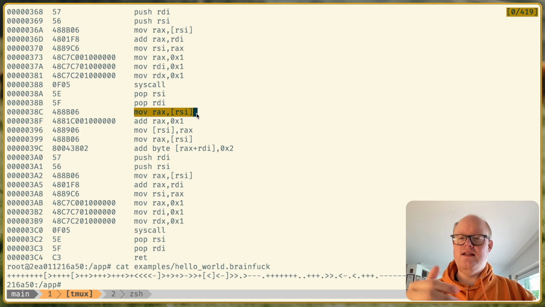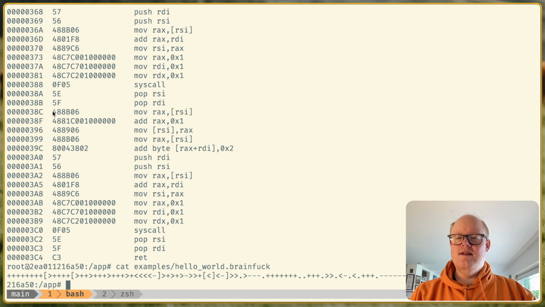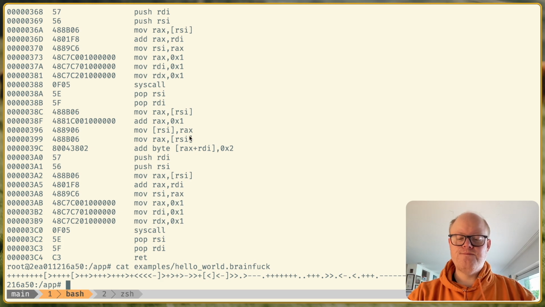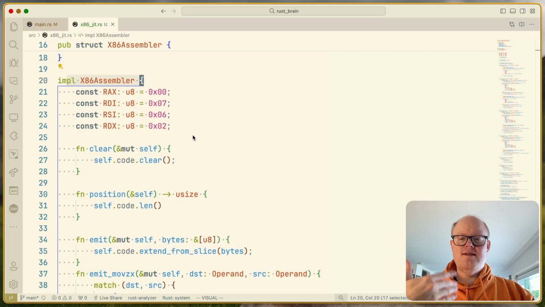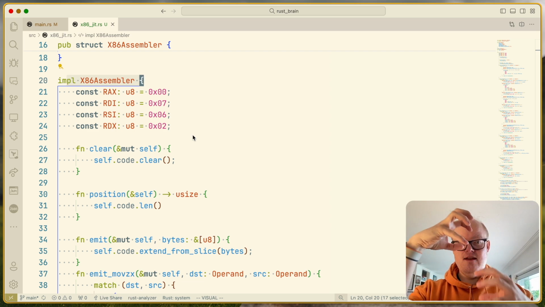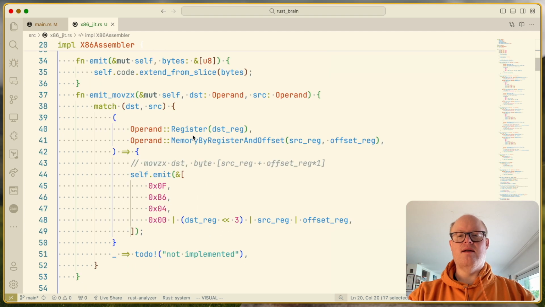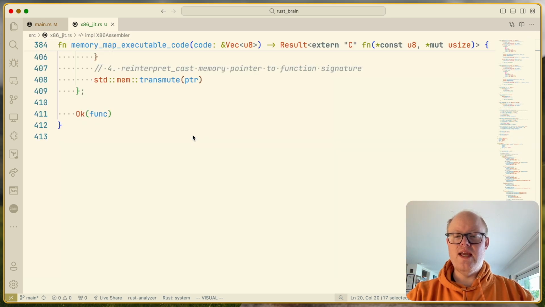The assembler will then automatically generate this byte sequence and output it for us. That's what the assembler does. We will take a closer look at that as well, but for now just assume that it does. It collects the code stream that it has emitted, and we can later take it and do something with it. Then we have